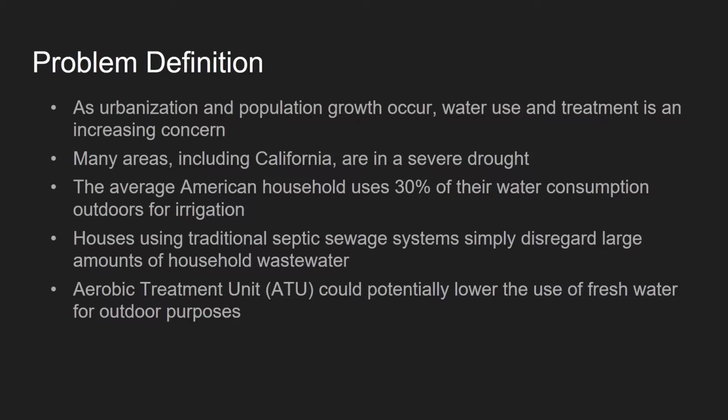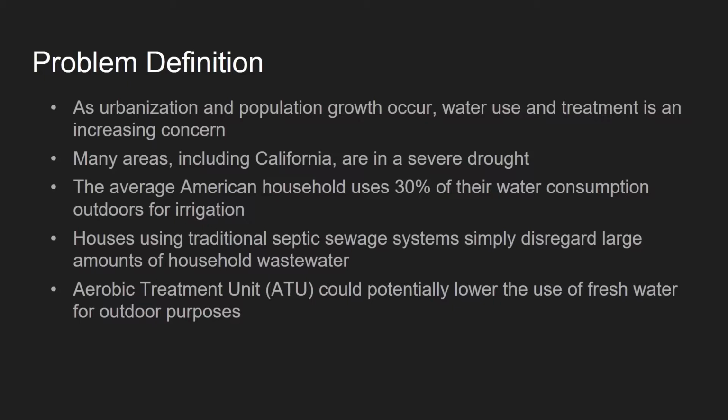This study will analyze the benefits of replacing the traditional septic system with an aerobic treatment unit to enable water reuse in a rural setting. An ATU utilizes the same basic concept employed by urban wastewater treatment plants. Using an ATU would bring the technology of a treatment plant to individual rural properties that don't have access